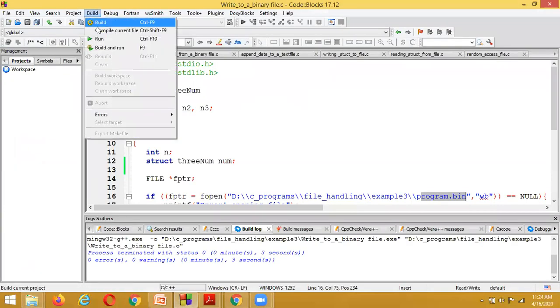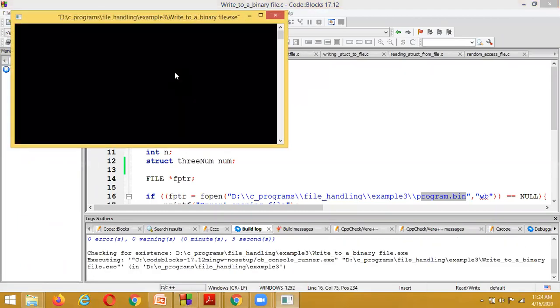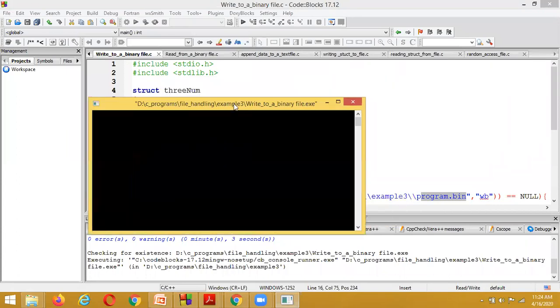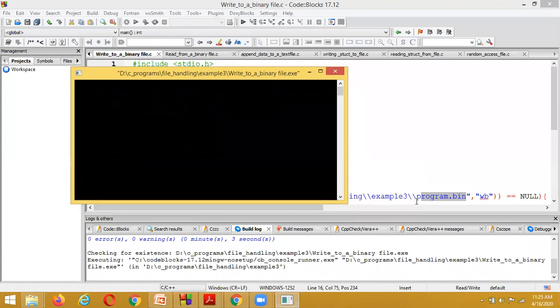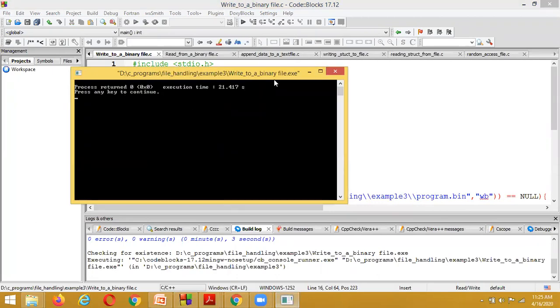Now I am running the program. After successful execution, it is going to create a file called program.bin, and the program has been successfully executed.